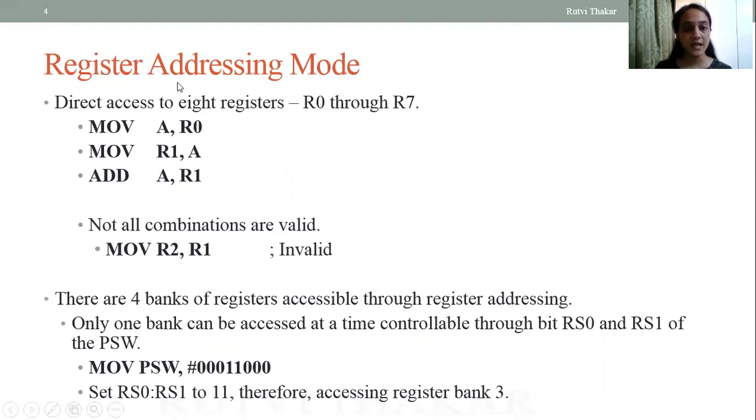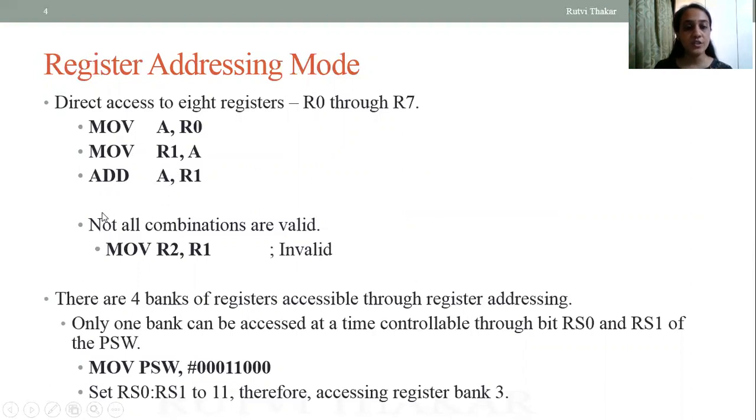So in the register addressing mode, MOV A, R0: whatever data is contained in R0 will directly move to the accumulator. It can be the reverse way too. From the accumulator, you can move the data to register R1. We can directly add the data from the register and R1. The only difference is that whenever we use any of the arithmetic instructions, which will be studied in later sections, all the arithmetic and logic calculations should have one data compulsorily in the accumulator.